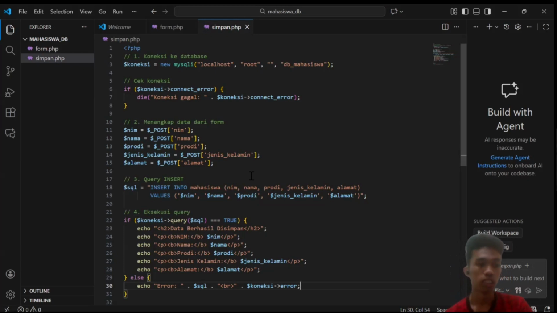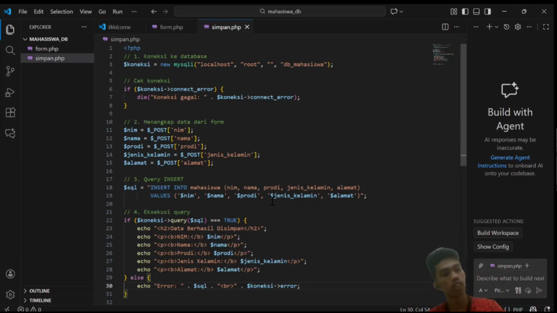After all the data is captured, PHP constructs an SQL query in the form of an INSERT INTO statement. This command is used to insert a new record into the mahasiswa table.